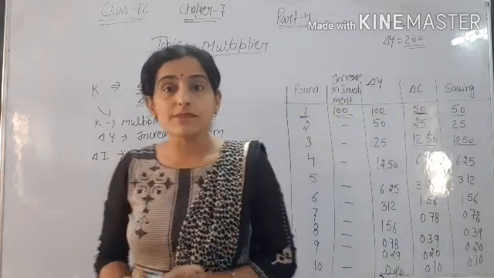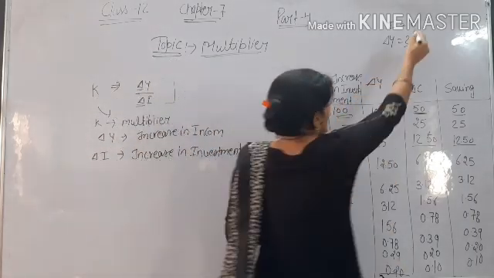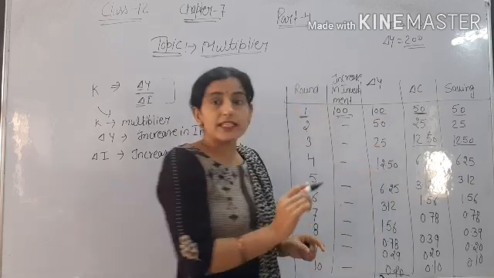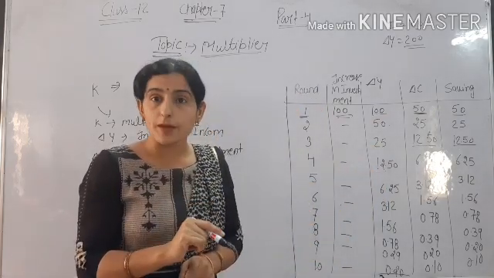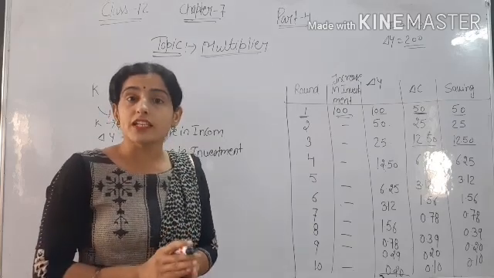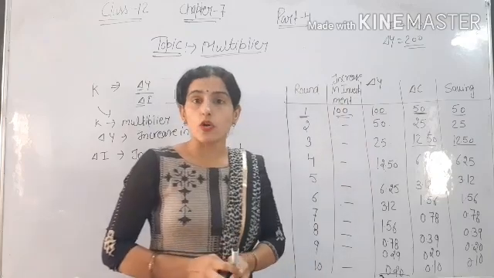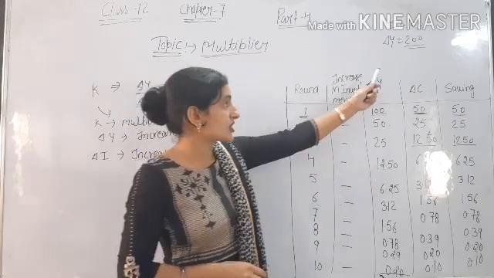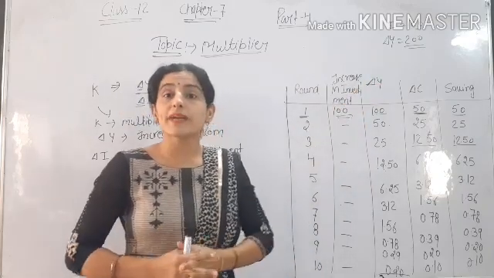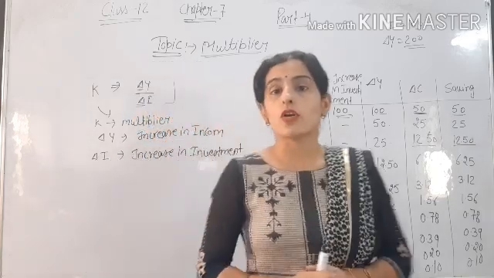So what is the multiplier? We can say that due to 100 rupees investment in the economy, there is a generation of 200 in income in the economy. It means the generation of income is double in the economy. So when there is 100 rupees investment in the economy, there is a 200 change in income, meaning income becomes double due to 100 rupees of investment in the economy.